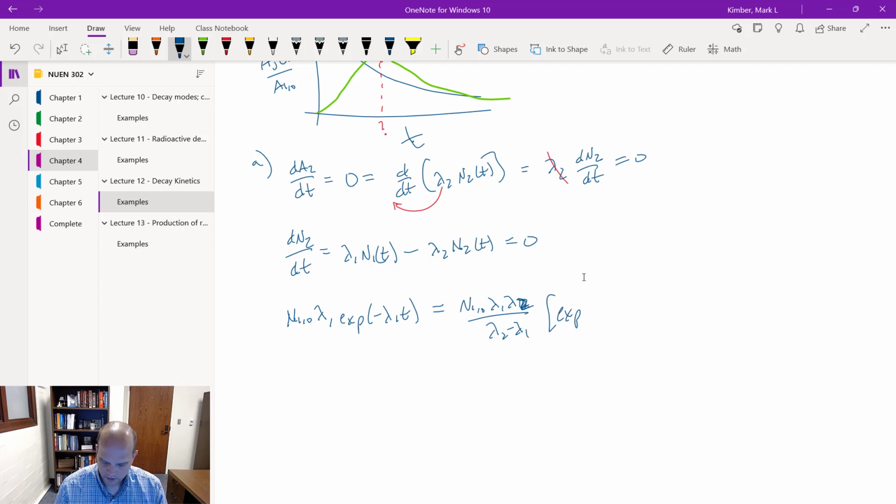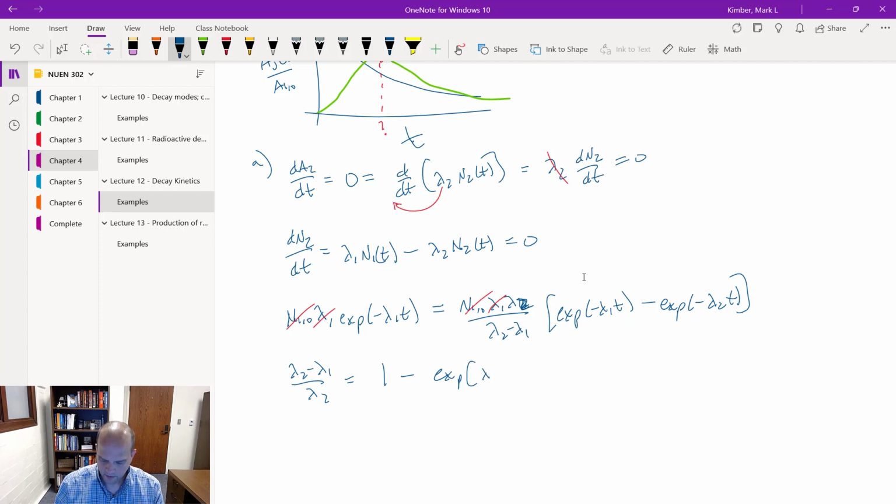And then I had 2 exponentials here. So these two terms all cancel out, and if I divide through by that exponential and move the lambdas to the other side, I'm left with the following: lambda 2 minus lambda 1 divided by lambda 2. This is going to equal 1 minus the exponential of